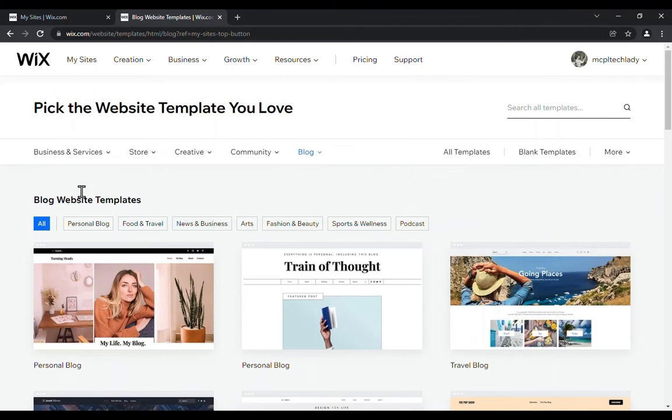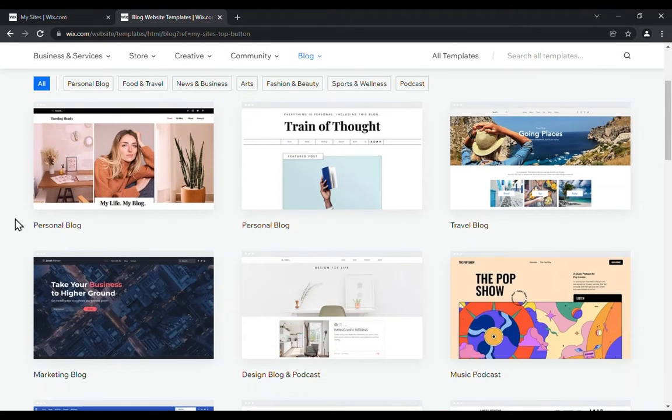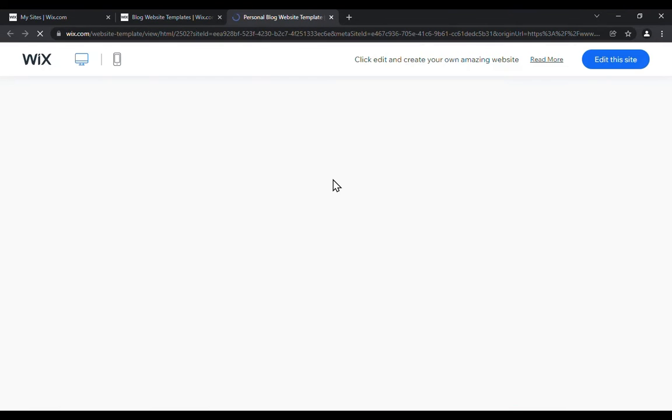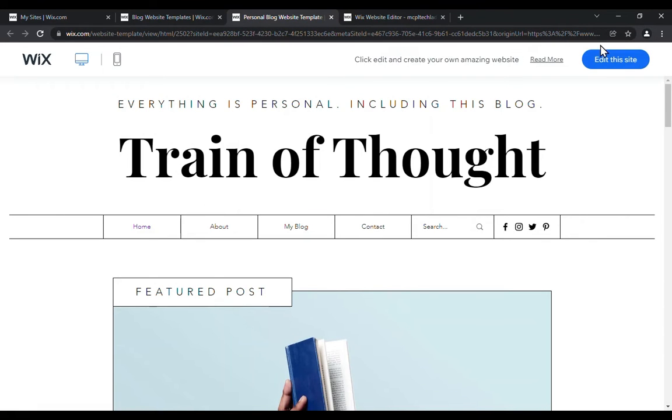And since we already did decide that I wanted a blog website, they're giving me templates that have been made with that use already in mind. There are many different options. If I see one that I like, I can go ahead and just jump right in to edit it, or I can view it first. So I'm going to click on View, and this will show me what the template looks like. And this pop-up says we'll be able to change anything about the template that we want. So it did give us a little preview, but then it just wants you to jump right in and start